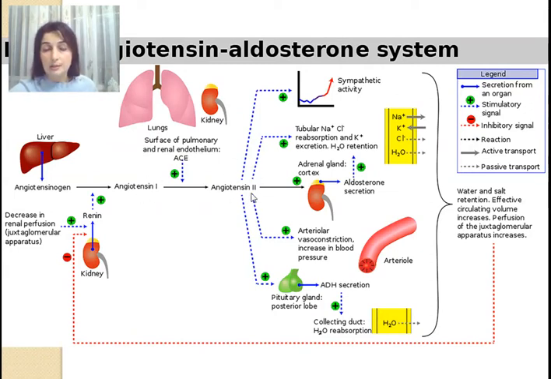converted into angiotensin second, and angiotensin second will activate sympathetic activity, will increase absorption of sodium and chloride from the kidney tubules, and will stimulate the cortex of the adrenal gland to produce aldosterone. Aldosterone in turn will also stimulate absorption of sodium ions in the distal convoluted tubules. Then angiotensin second also stimulates the production of ADH from the neurohypophysis, and so it will increase absorption of